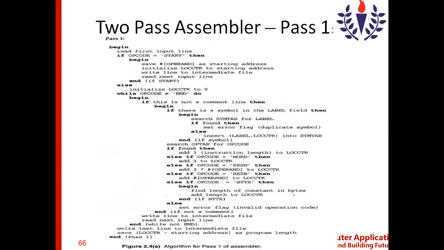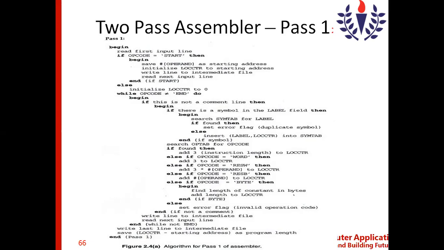If it is found, then it sets the error flag saying that it's a duplicate symbol. Sometimes when you run a program, you might have declared the same variable twice, so it will say multiple declaration, duplicate symbol. Such an error you will get. This is one way the assembler generates an error code.